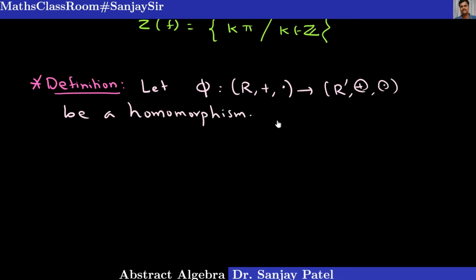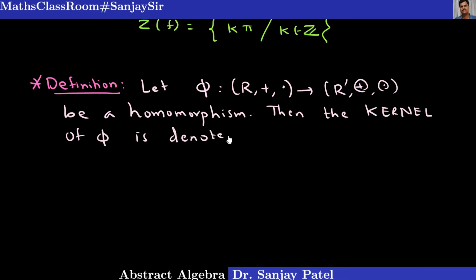Then the kernel of the homomorphism phi is denoted by the symbol K phi, and there are other symbols also. You can say it is also denoted by K of phi in brackets, or in some books you may find the notation I of phi. So this kernel is denoted by K phi, and it is defined as